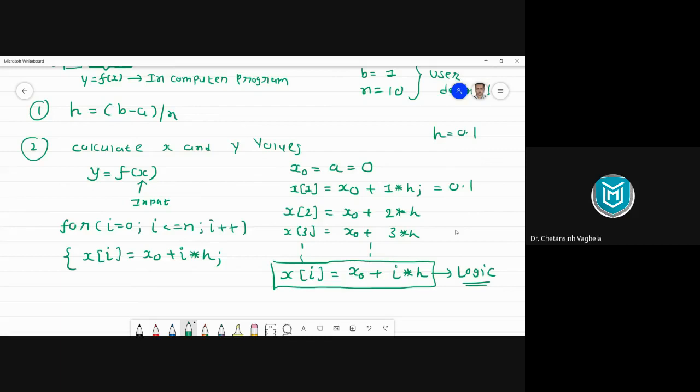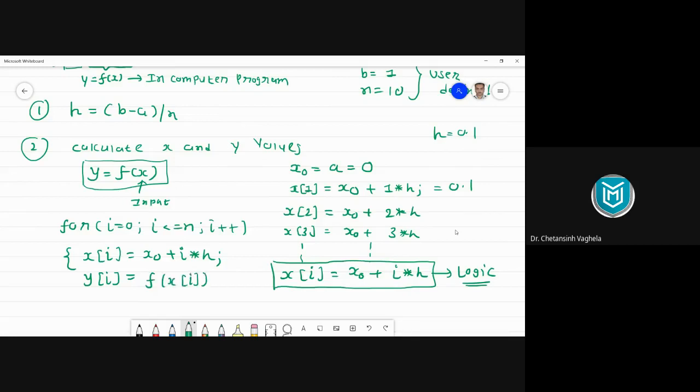Now what about y values? We know that in order to calculate y value, we need to give x values as input in function f of x, right? And function f of x we have already defined in our computer program as input function, so we can use it here directly. So your y values can be calculated like this: yi is equal to f of xi.